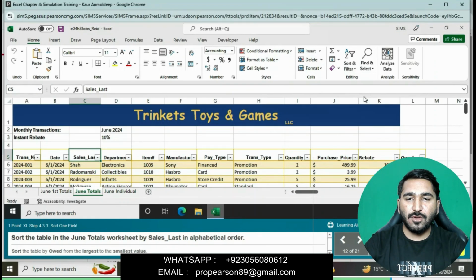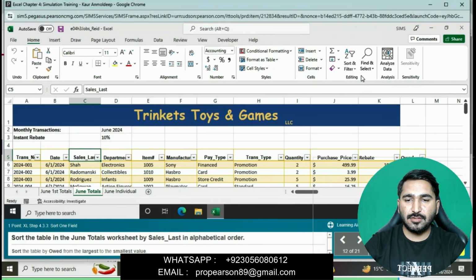First we will select this Sales Last column, and then in the Home tab go to the Editing group, click on Sort and Filter, and then sort this by alphabetical order. Click on Sort A to Z.